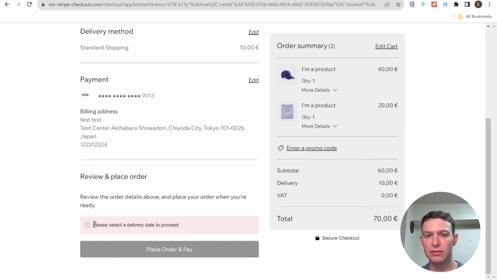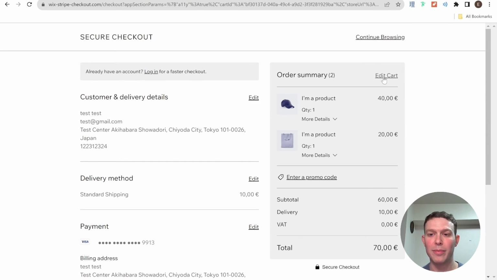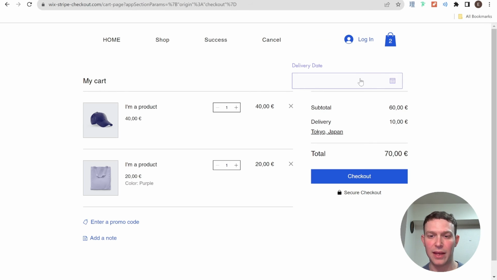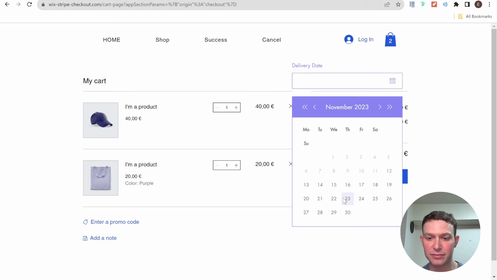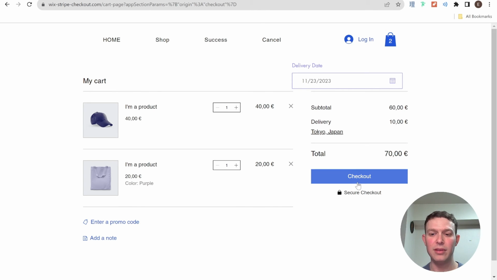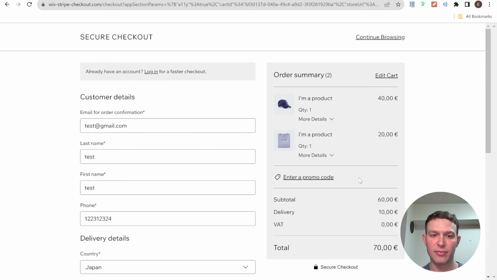it's not such great UX, because now essentially what I have to do is go back and edit the cart, and then I have to select the delivery date, and then I have to go to checkout, and now the error is gone. Okay, so I still think that this is the better option out of the two that I mentioned